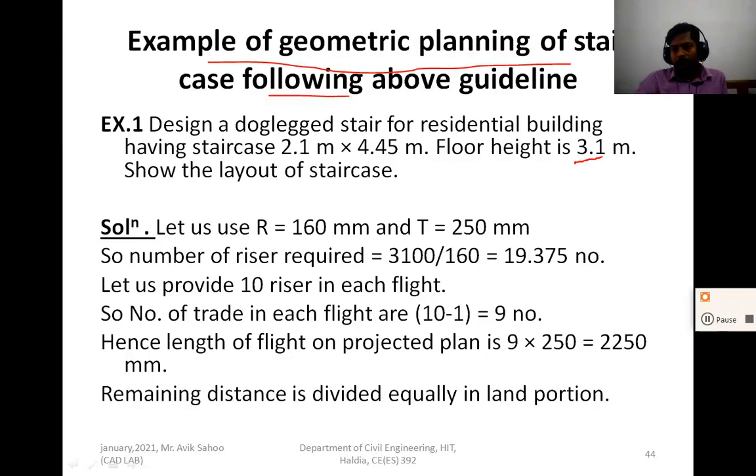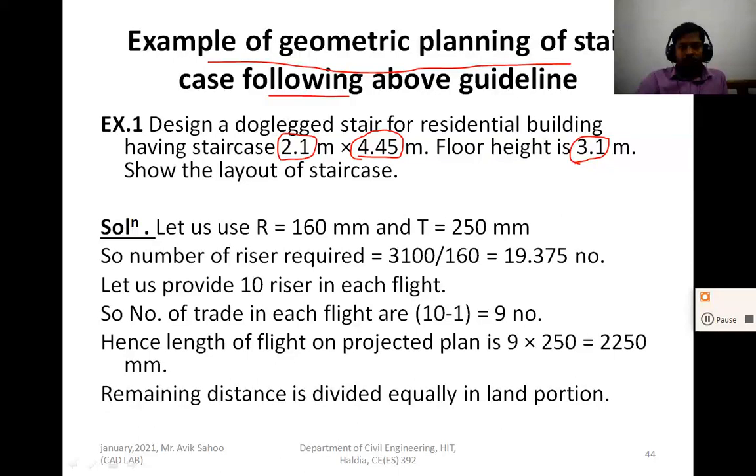Floor height is given as 3.1 meter, and the size of the staircase room: width is 2.1 meter and length is 4.45 meter.